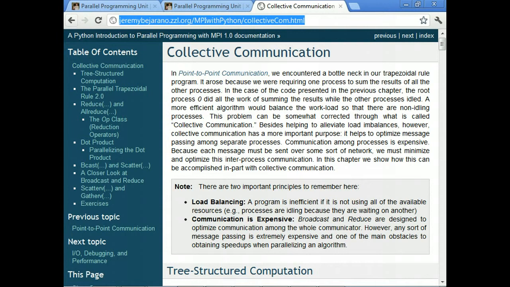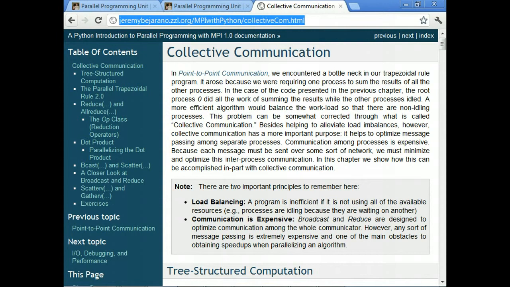But communicating between one process on one particular node and another node that might be at the other end of a large room that would contain one of these cluster computers is going to be a very expensive operation. And so in the trapezoid rule, when every process is taking its turn to send its information to the root node, we're losing a lot of time that way.